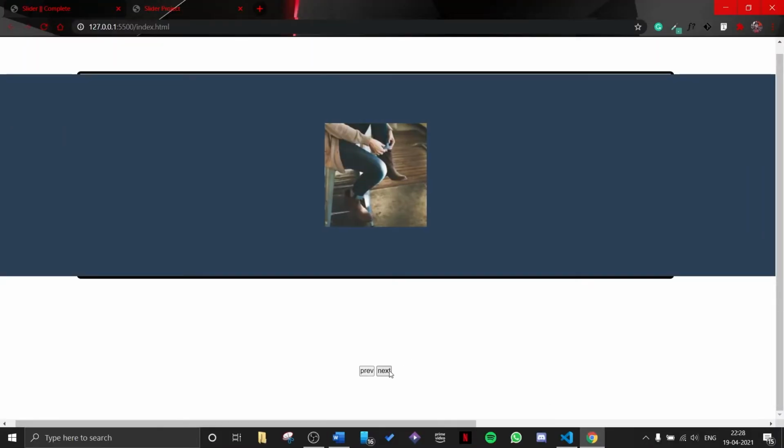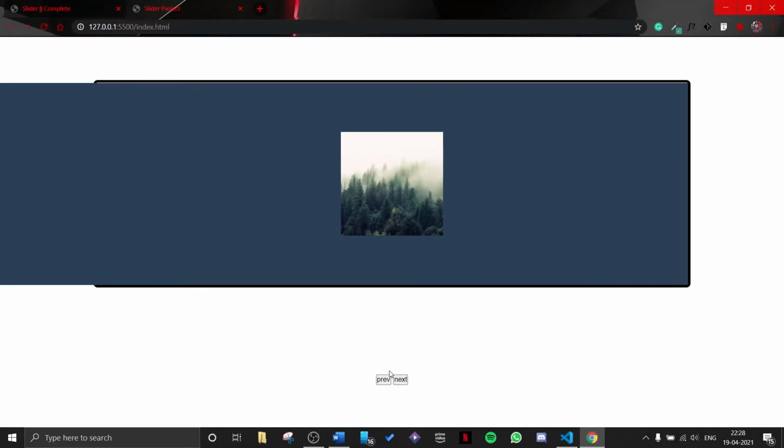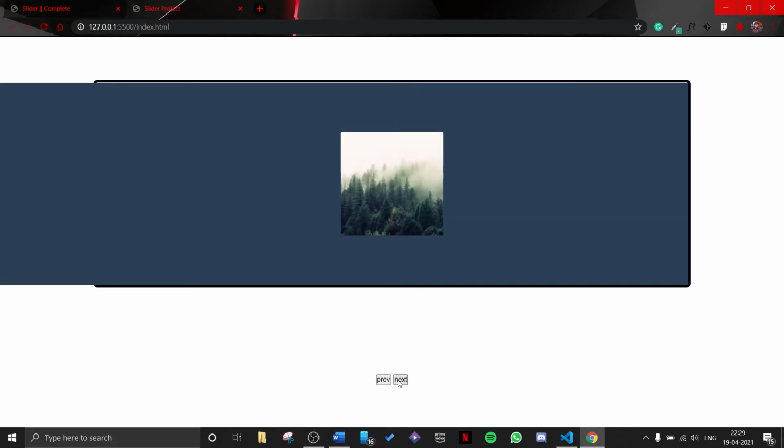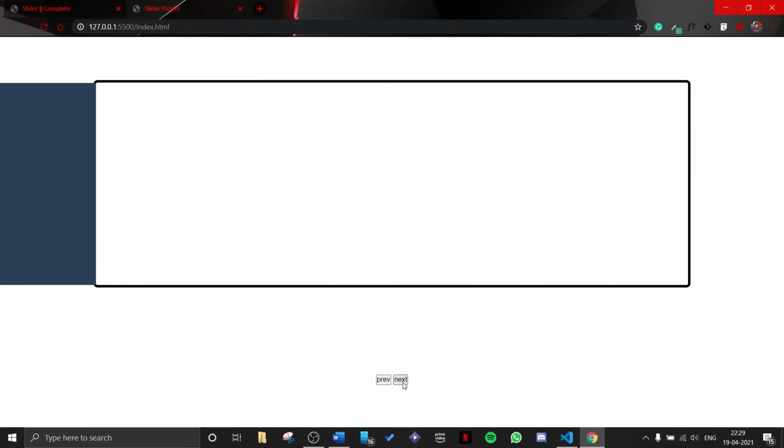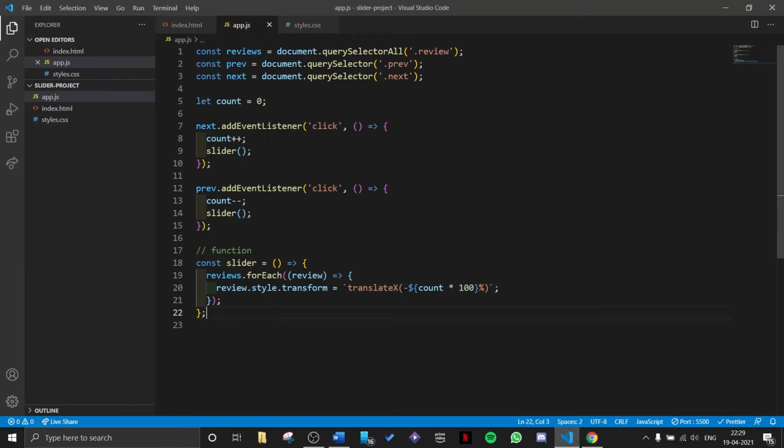Now, one thing to note here is that eventually we will run out of our articles. So here our count was 0, then became 1, 2, 3. Now when count becomes 4, we don't have an element to display, right? Because we only had 4. So what we want to do is reset the count to 0 when it reaches 4. How will we do that?